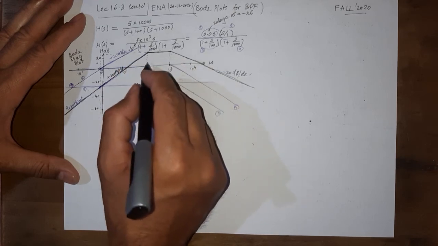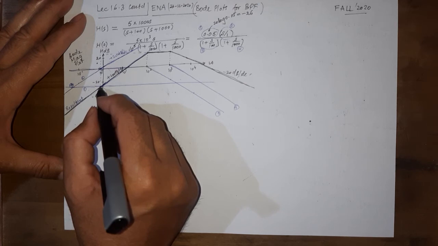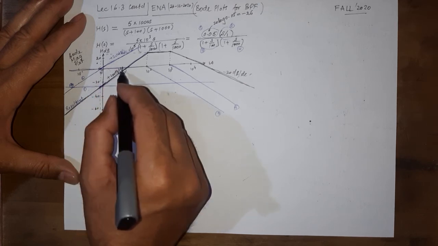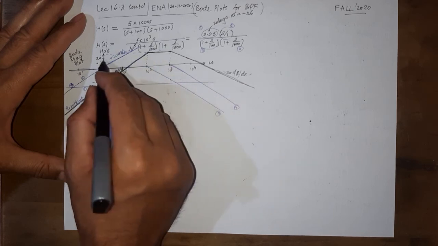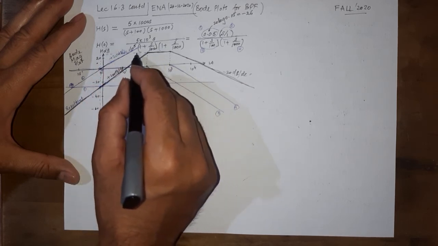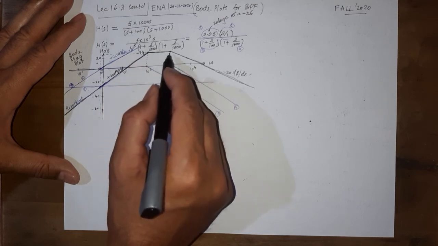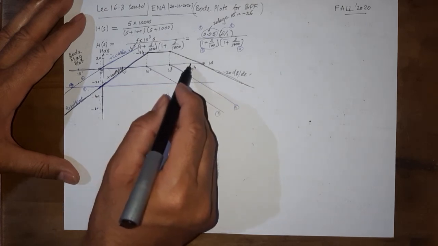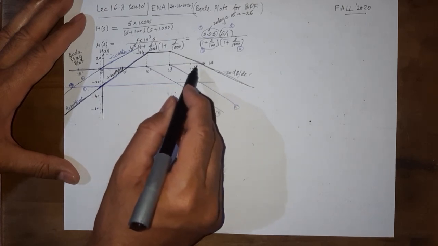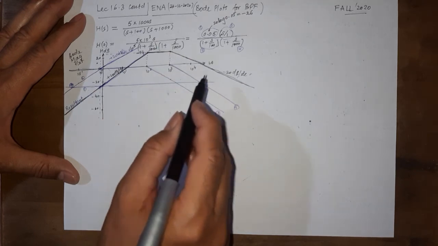This is constant, and at what value? Let me approximate it. If it is minus 26 here at this point, then it will be minus 6 here, and if it is minus 6 here, then it will be, no, it will not be higher than 20. It will indeed be minus 14 dB. And if this is minus 14, it should not pass beyond 10 to the power 4. Rather, it should pass within this frequency.